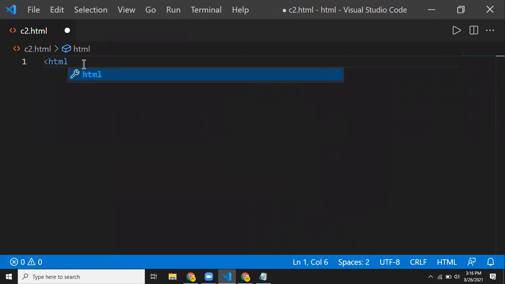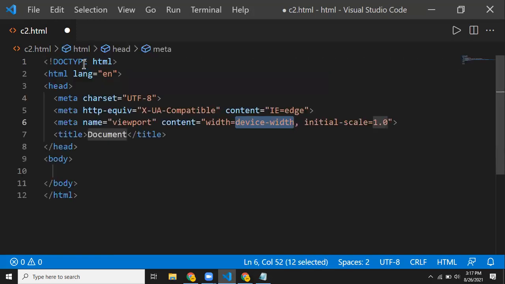Now I'm typing HTML, and automatically the closing tag is given for us. Understood? Not only that, a few extensions can be added to enhance the editor. For example, I'm using an exclamation mark; the extension called Emmet is there to expand it. I've typed the exclamation mark and now I'm pressing the tab key. You see, automatically the basic structure of your HTML page is given for us: the doctype, the language type, the head section, and the body section.